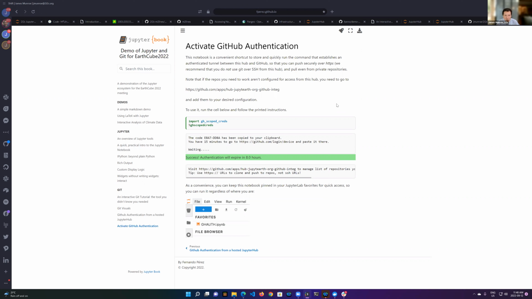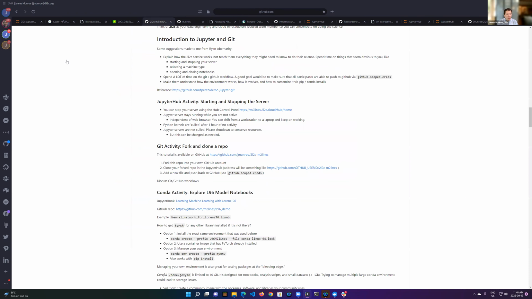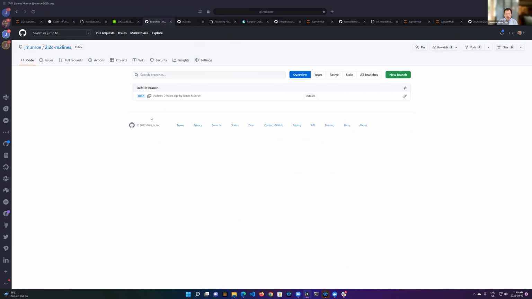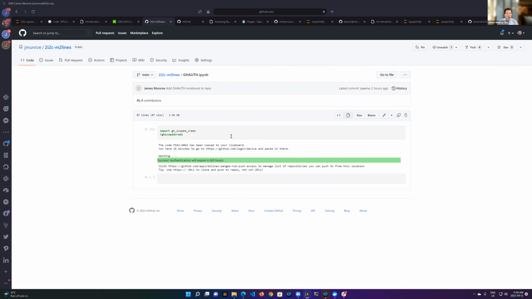A nice way of doing it is to have a notebook that has just a little bit of code, and that code says import gh scoped creds, and then %ghscopedcreds. If you've been able to successfully clone my repo, the one I'm using here as a demo, inside that repo is a little file called ghauth. That's GitHub authorization. And so if you execute that cell,